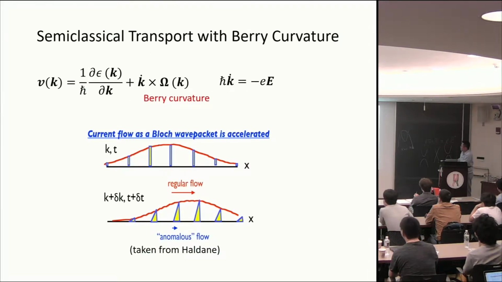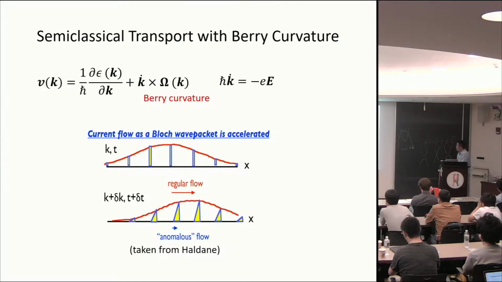So if you look at the semiclassical equation of motion for a wave packet, an electron moving in a crystal, the velocity not only is given by the derivative of energy with respect to k, but there's an additional contribution to the velocity that is related to this Berry curvature. And this is the cross product between the Berry curvature and the time derivative of momentum. So it turns out this anomalous velocity underlies